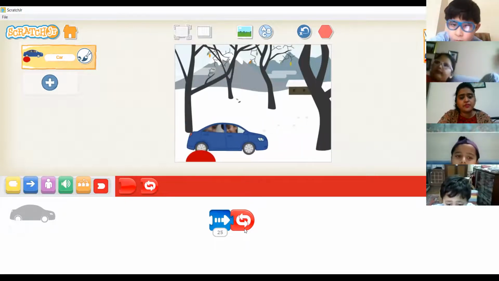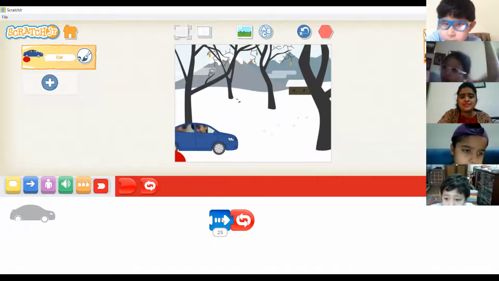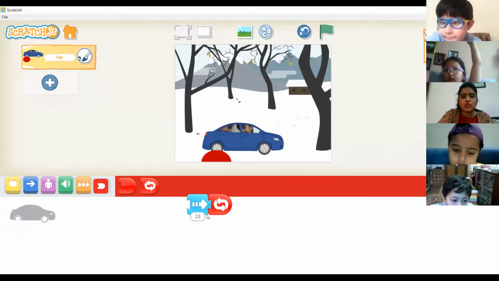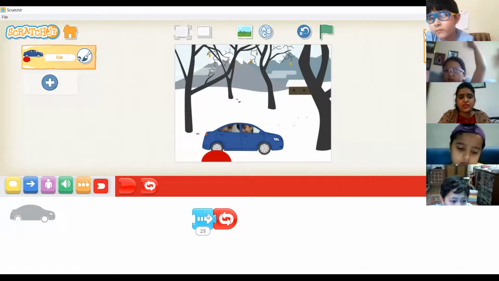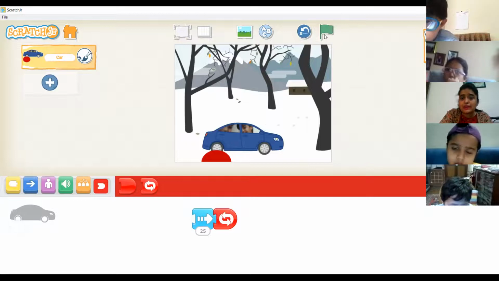All right, fine. Understood, everyone? Now we'll just stop it. Okay. See, now we are not understanding how to stop it, right? So again, one thing can be done. There is a green color flag on the top. Can you see, everyone? Here you can see a green color flag on the top.